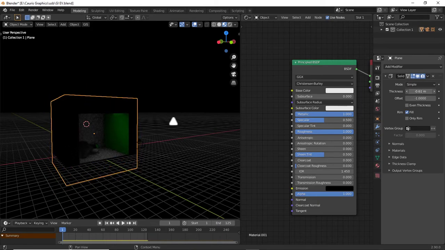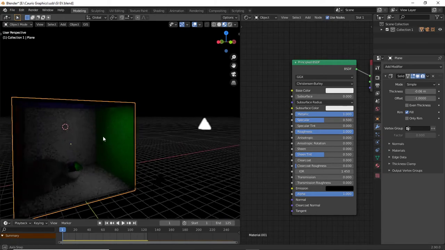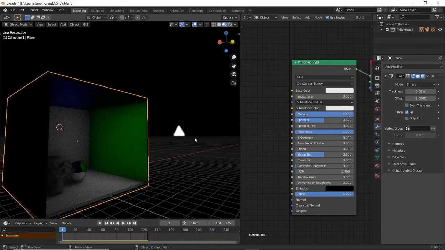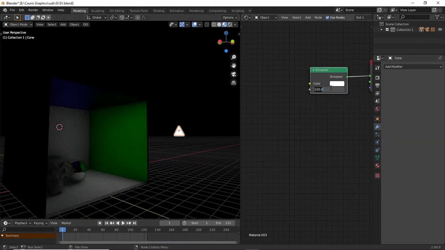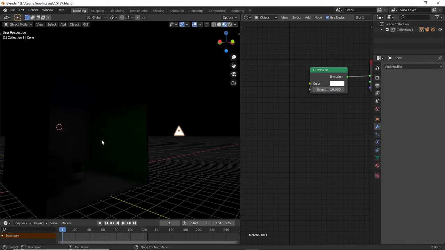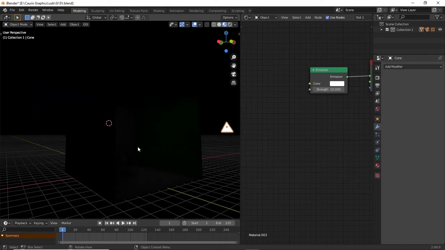No, it does not occlude light that well. But it works. You can light objects. As long as the object is in the screen, you can light the scene with an object.